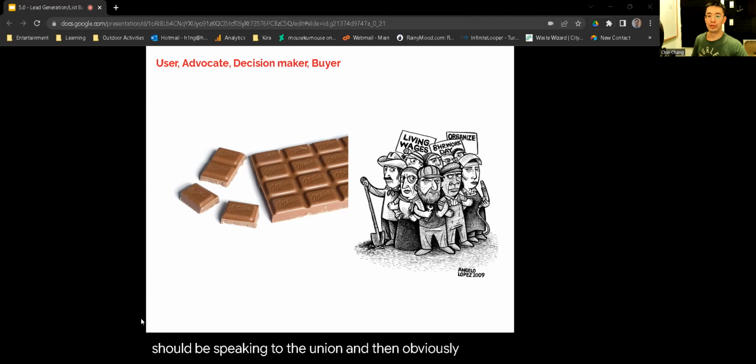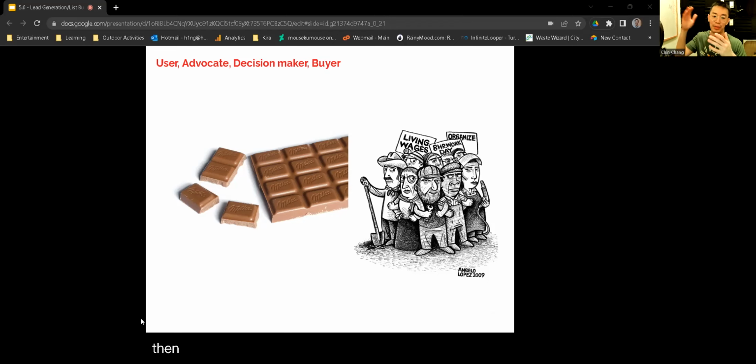And then obviously the union said, okay, if the workers don't see value in it, then we can't implement it. But not only that, there's another level as well, which is the company itself, right? So you have the workers, the union, and then the company. Depending on who they were speaking to, they were learning about many different things. The workers gave them a lot of good feedback around design, usability, and the comfort of the device.